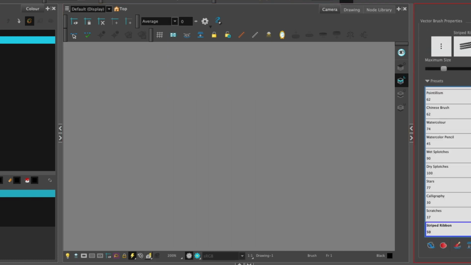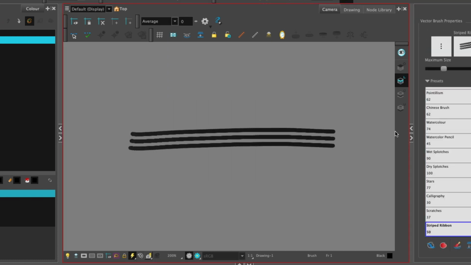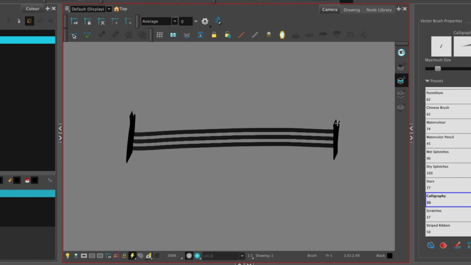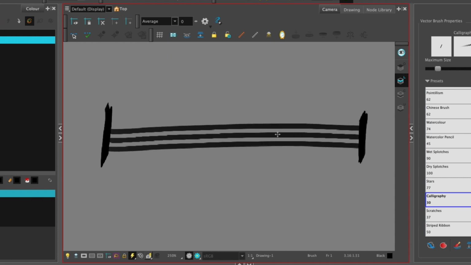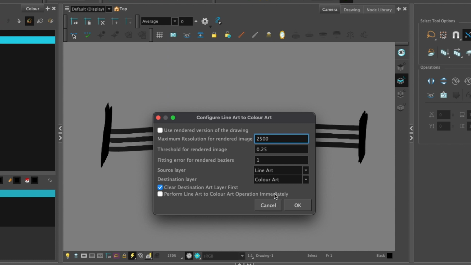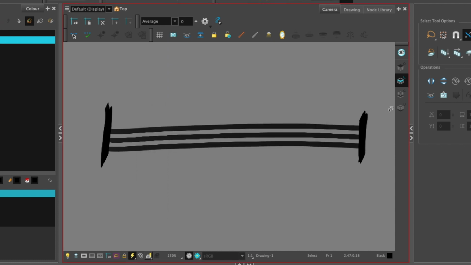As an example, what if you use the striped ribbon brush? You'll see the vector lines go around the object, but there's quite obviously holes in between the middle. If I also, whilst I'm at it, just close off the ends, you'll see the contours only go around the edges of this, but there's quite clearly holes in the middle of it. If I use our Create Color Art from Line Art button and just create it by default, you see it's treated that textured line as just a solid fill. So those gaps in between have just been ignored because Harmony just sees the outline and thinks that's a solid